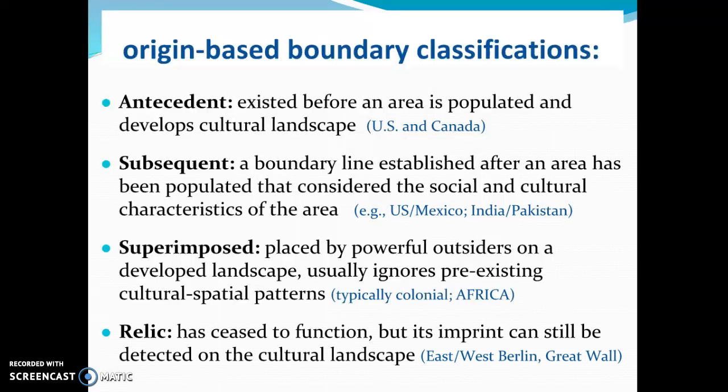The last one is a relic boundary. This is a pretty easy one. A relic should be the idea that it's old or ancient. Sometimes we use the word relic to talk about an artifact. It ceased to function, so it's no longer a functioning boundary, but its imprint can usually still be seen on the landscape. A good example of this would be the Great Wall of China, maybe where the east-west Berlin Wall was,